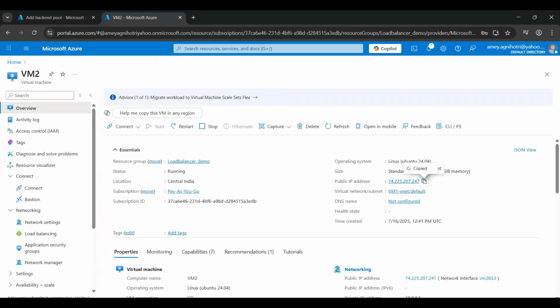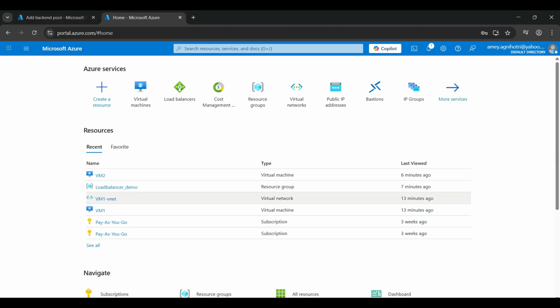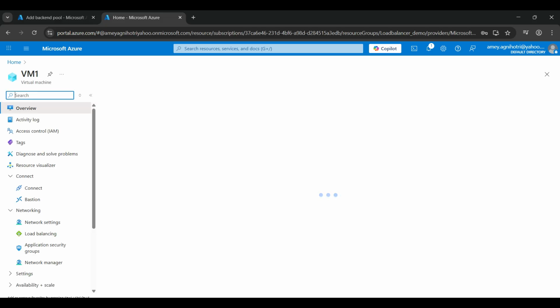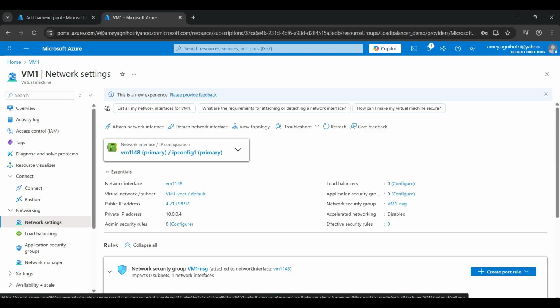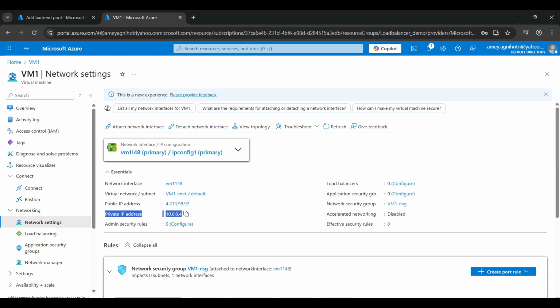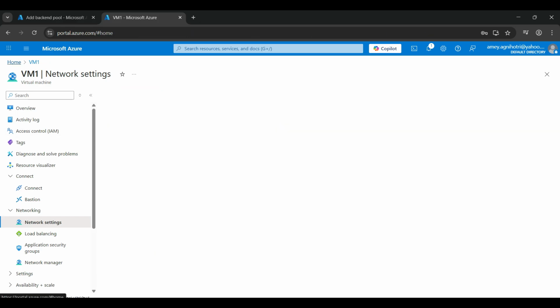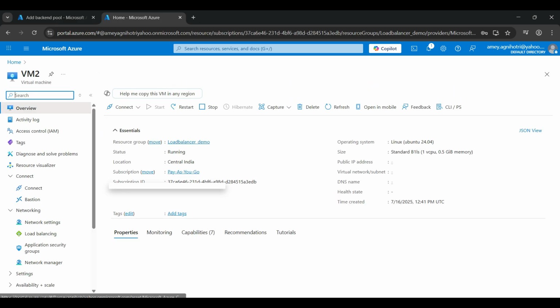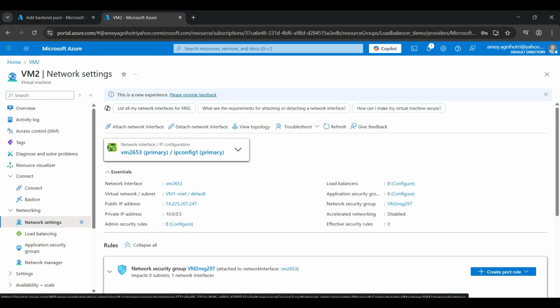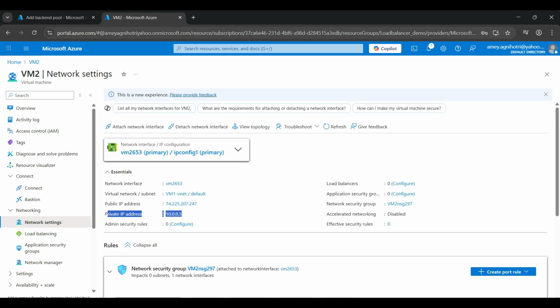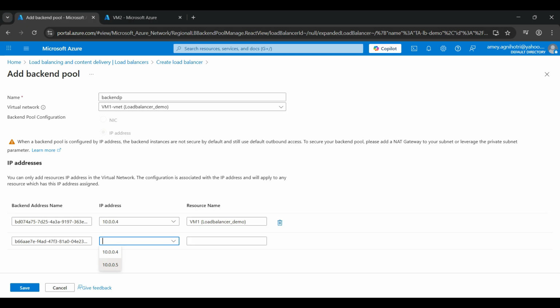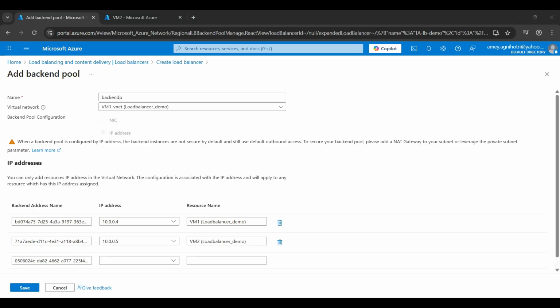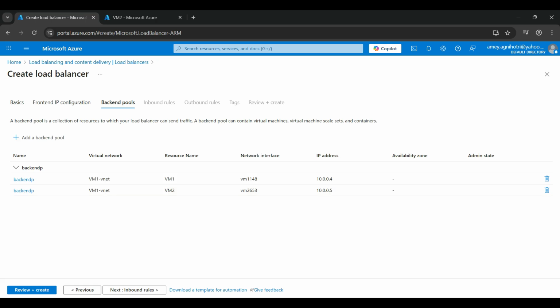So again, let's go to the dashboard and go to virtual machine 1, and in that go to the network settings, and here is the private IP address of our virtual machine 1, that is 10.0.0.4. Likewise for virtual machine 2 network settings, that is 10.0.0.5. So let's select this one, then this one, and then let's save. Once that is done, you will see these two private IPs mapped in the backend